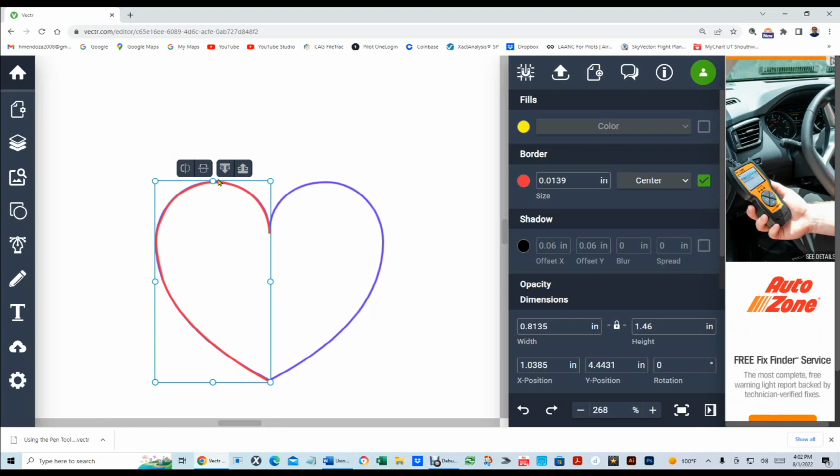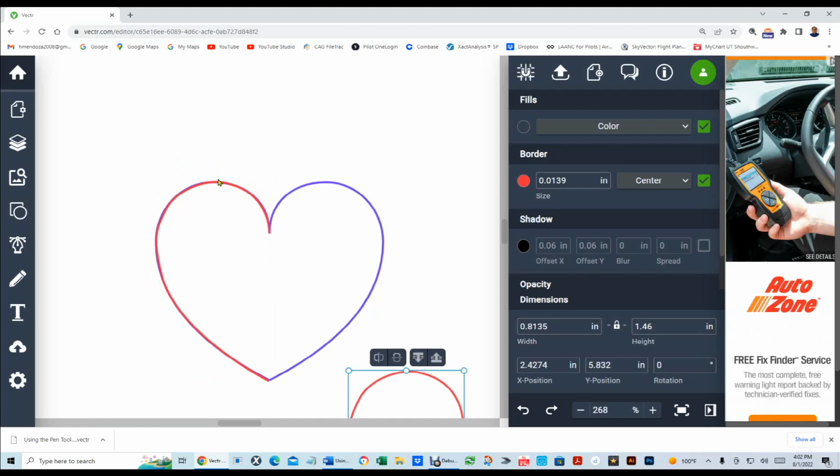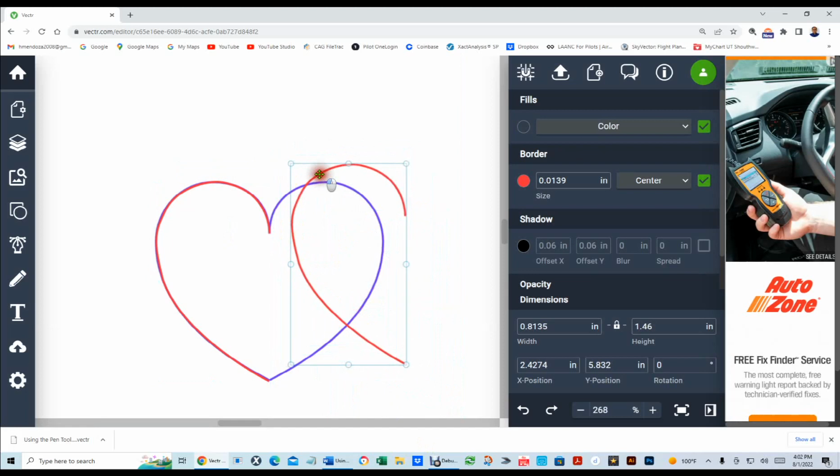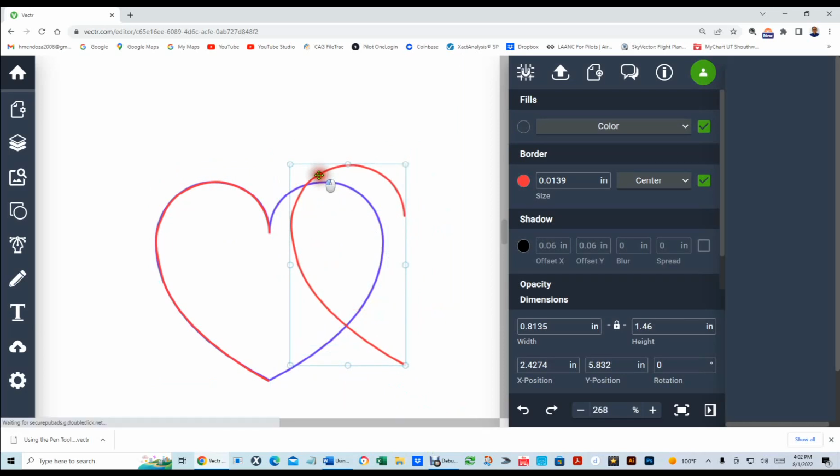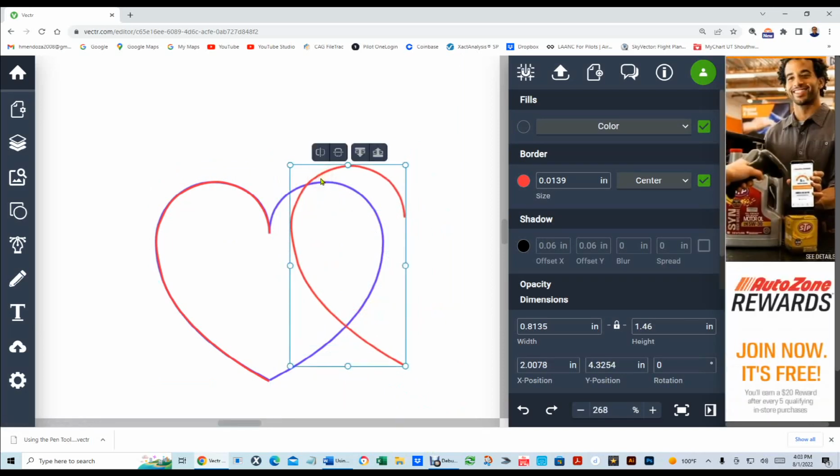Okay, so I'm gonna Control C, we'll copy it. I'm gonna hit Control V, we'll paste it. Now, the problem is that I need to rotate this, right? Now, we can rotate, but I haven't found a way to mirror something. And the only way I've learned how to mirror something is, first of all, you see right here, that's the height. Look at the width,